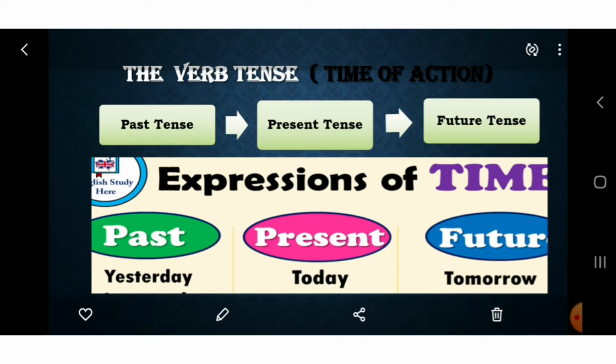So if an action takes place yesterday, it will indicate past tense. If an action takes place today, it will indicate present tense. If an action takes place tomorrow, which we don't know now, it will happen at a certain point of time tomorrow, so it will indicate future tense. Next comes